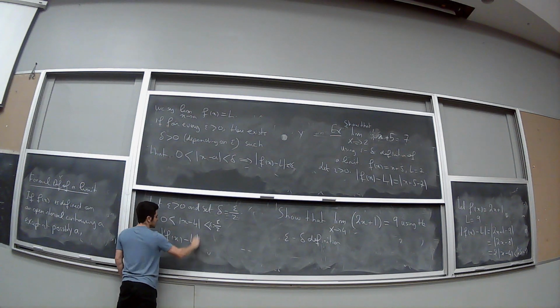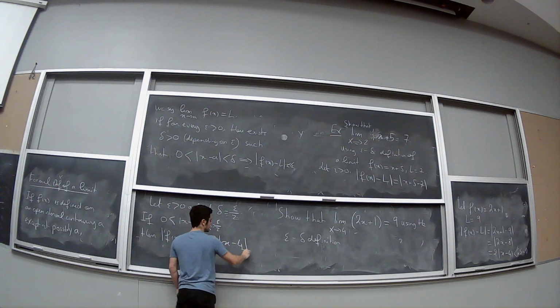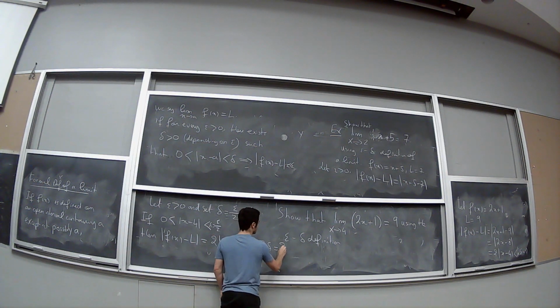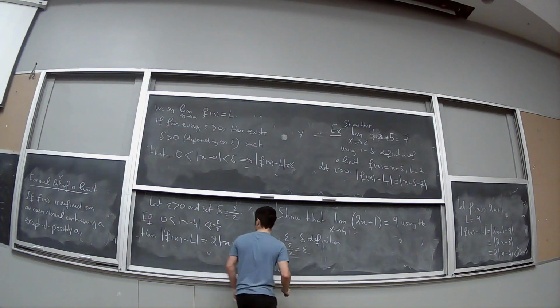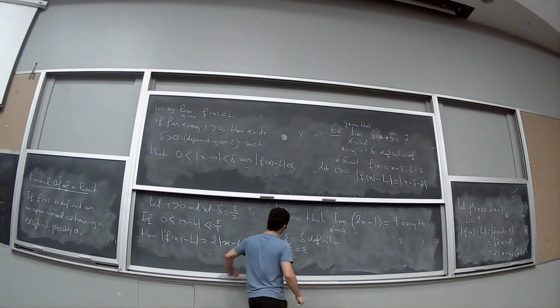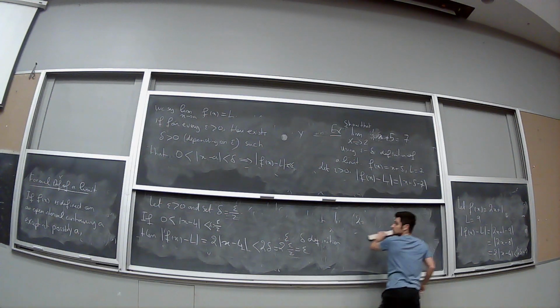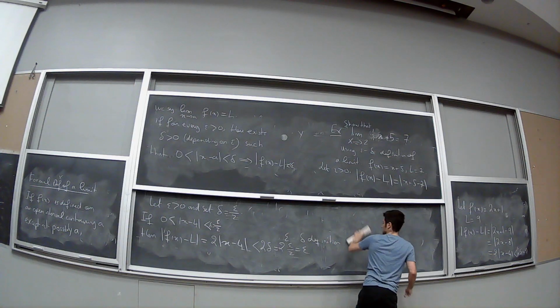What is the absolute value of f of x minus L equal to? It's equal to 2 times the absolute value of x minus 4, which is strictly less than 2 times delta, which is 2 times epsilon over 2, which is epsilon. Hence,